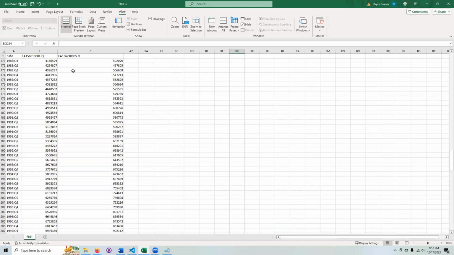Okay, so let's start with the raw data. This is what the raw data looks like. This is the F101 table, which is the household and nonprofit financial sector, but it's mostly just the households, what they hold. So we've got a date, and then we've got a financial relationship or financial transaction. I don't remember what this one is right now, but it's probably something like household net worth. So we just have households and this transaction. And what I aim to do